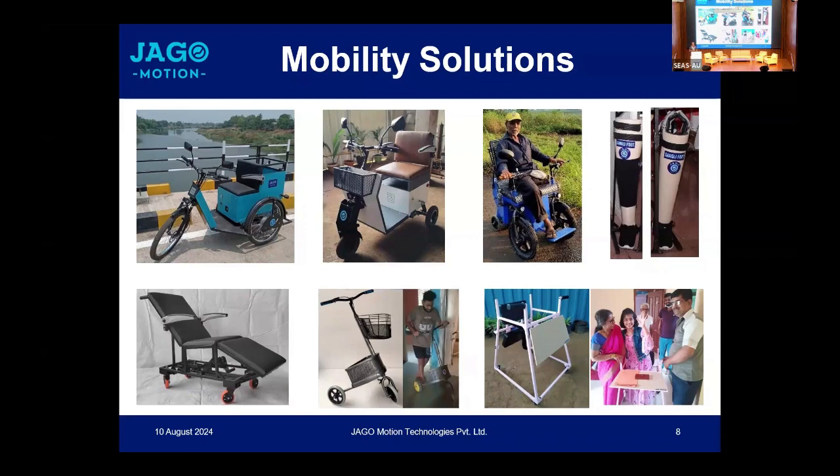Then the second one, you see a different form of wheelchair. I saw wheelchairs, I spoke to people, why don't they use wheelchairs? There are so many wheelchairs available. Then they say a wheelchair simply tags us. It identifies us as disabled. The moment we sit in the wheelchair, we become differentiated from the normal people. We want to be normal. So something which looks normal. So our products are evolving toward the needs of disabled people. So we have done several products now.